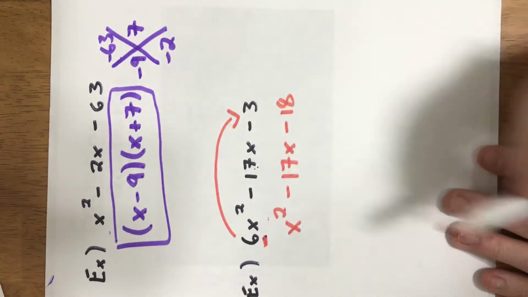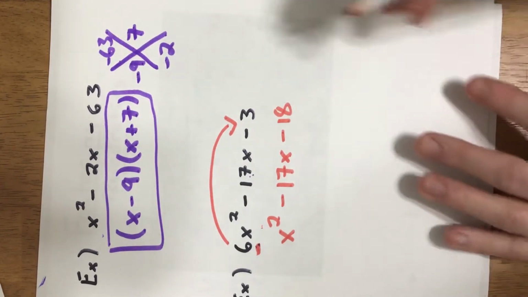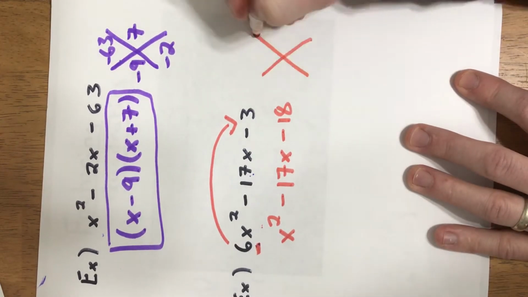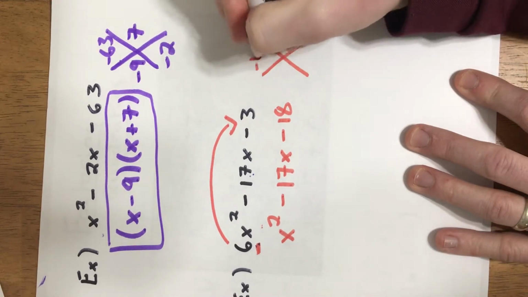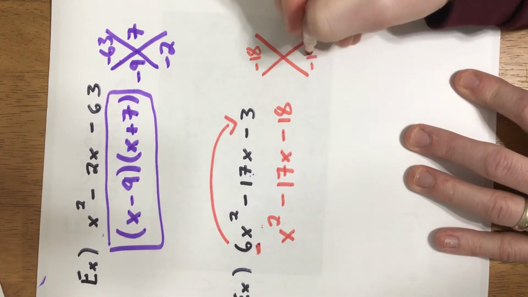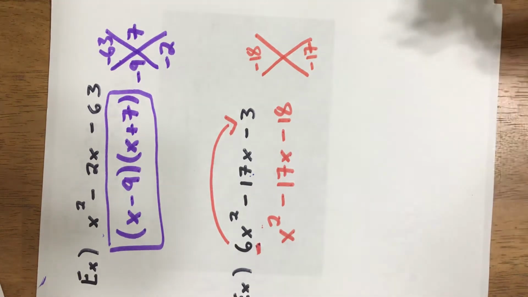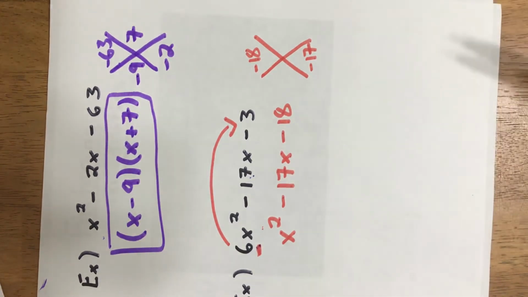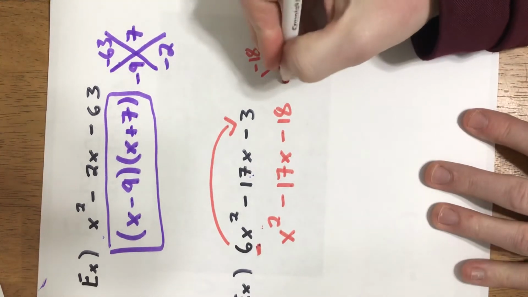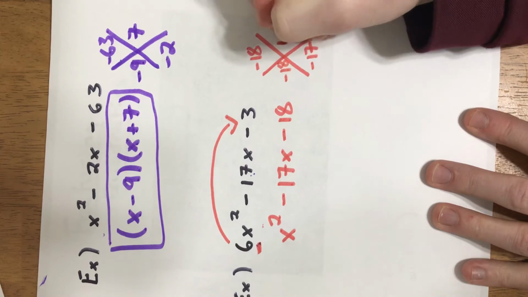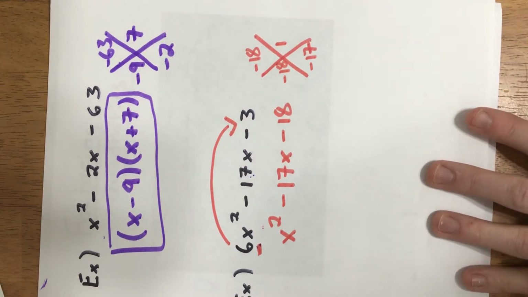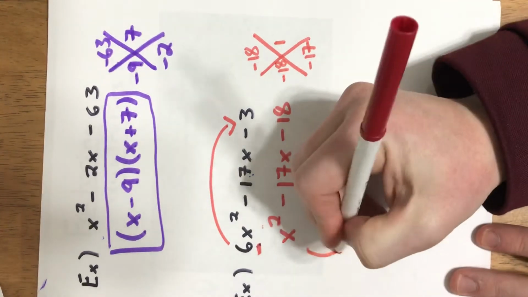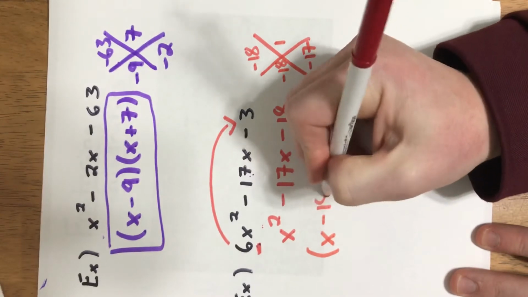Now, once you've done your slip and slide, then you're at that trinomial where I can do the x method. I can put negative 18 at the top and negative 17 at the bottom. I'm looking for two numbers that will multiply to negative 18, but at the same time add to negative 17. So we're going to be looking at negative 18 and positive 1. So I'm going to have x minus 18,